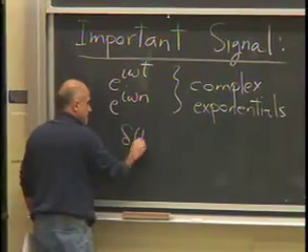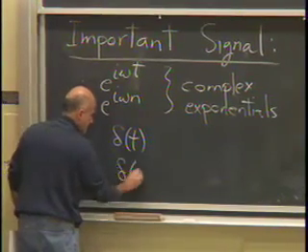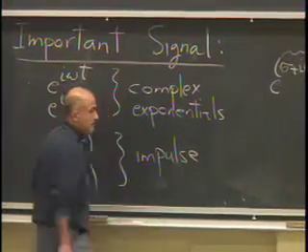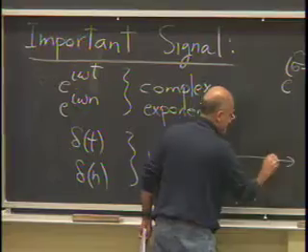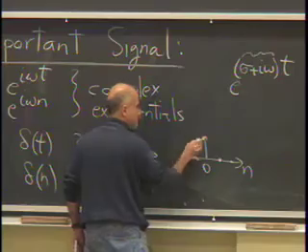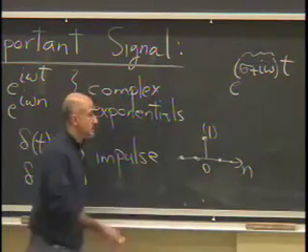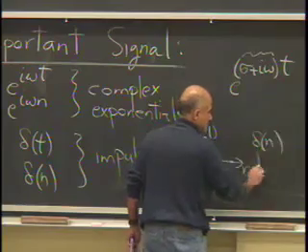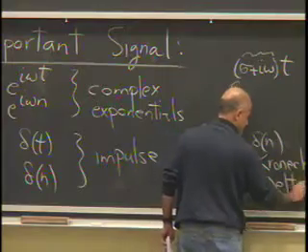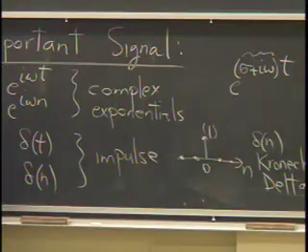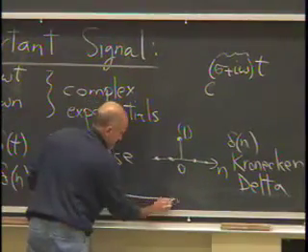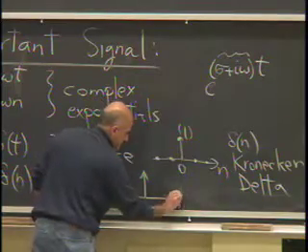And the other important signal is the impulse, which I drew the discrete time version for you. It's a signal that's 0 everywhere except at n equals 0. This is the discrete time version. It's called the Kronecker delta. Its continuous time counterpart has a lot of mathematical anomalies, but graphically we represent it this way with an arrow